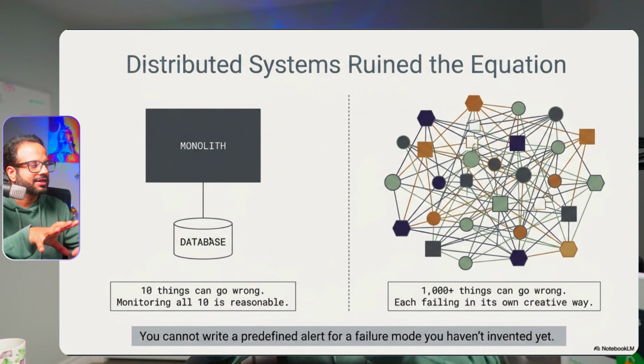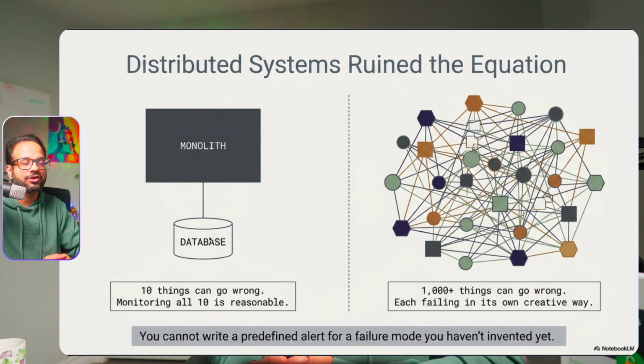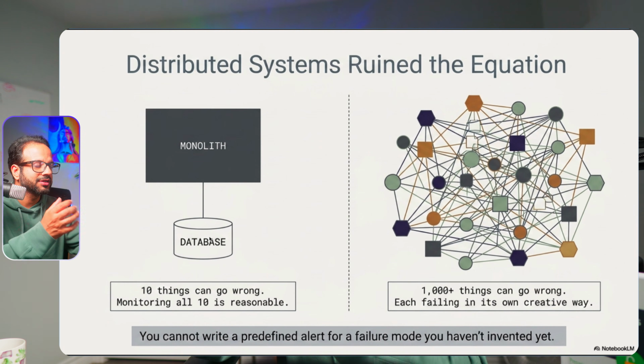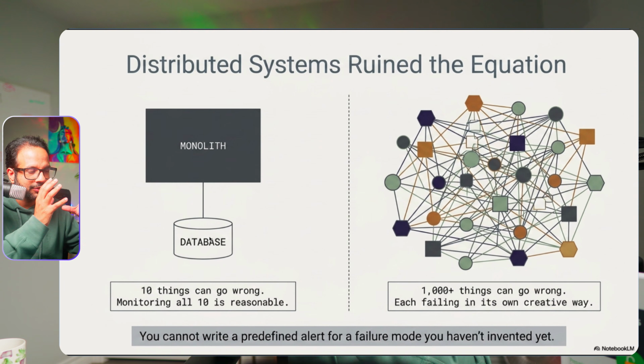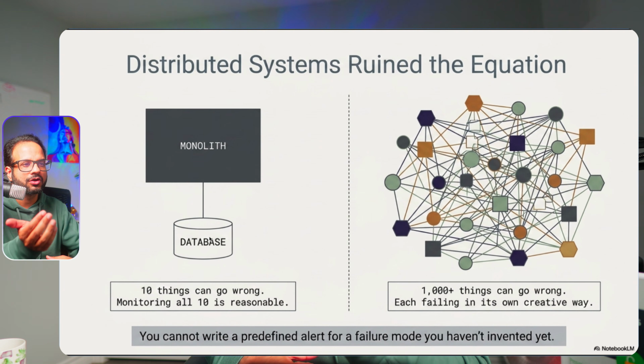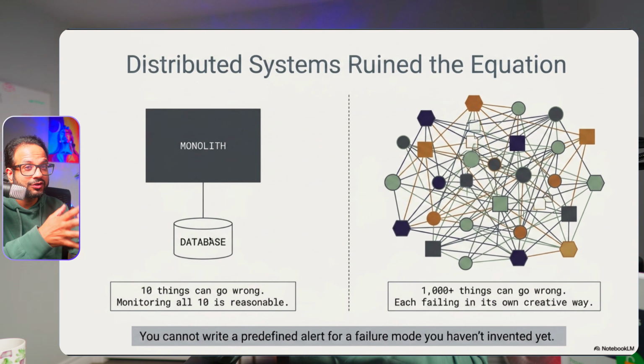When there was a monolithic architecture, we had few servers to monitor and maybe some database servers, and that's all about it. The architecture was not that complex because everything resides on one server. So you monitor your server as a whole, right? You monitor the CPU, memory, disk, network input, output, and everything for that particular server. So there were few metrics to monitor. Ten things can go wrong, and monitoring all of the ten things is quite a reasonable task